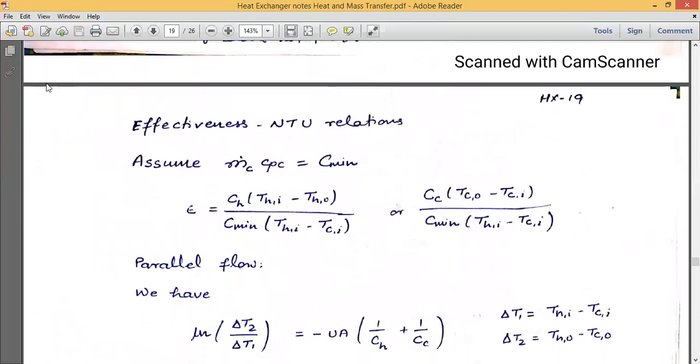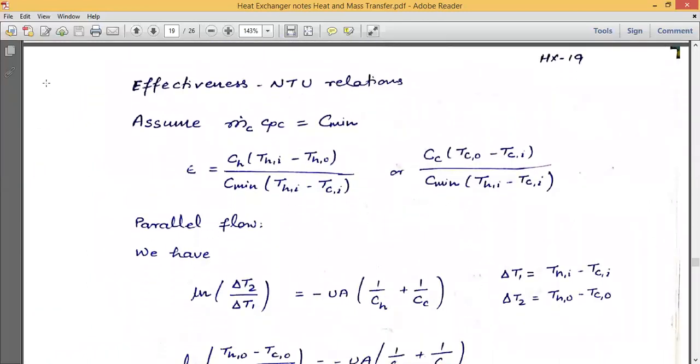सो इफेक्टिवनेस, अब NTU रिलेशन हम लोग डिटरमिन करना चाहते हैं। इफेक्टिवनेस NTU रिलेशन हम लोग कैसे निकालेंगे, हम ये मान के चलते हैं कि सपोज कोई भी एक जनरल केसेस, या तो हॉट फ्लूइड को या कोल्ड फ्लूइड को, किसी को भी आप मिनिमम लेके चलिए, या अभी नहीं मानना है बाद में मानेंगे, तो चलो इफेक्टिवनेस का हमने एक रिलेशन निकाल दिया। अब ये रिलेशन दो तरीके से हो सकता है, या तो हॉट फ्लूइड के टर्म में या फिर कोल्ड फ्लूइड के टर्म में। अब इसमें से हमने C मिनिमम किसको माना है, कोल्ड फ्लूइड को, तो हम उसी का एक रेफरेंस लेकर के चलेंगे।